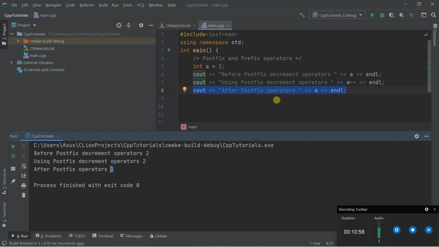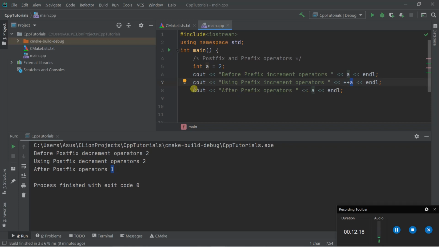And now let's talk about the prefix increment and decrement operation. In the first line, I have printed the initial value of a here, and in the second line, I have used the prefix increment operator. Here, the value of a will be updated first, and then it will print the value of a. After increasing, it will print the value of a.